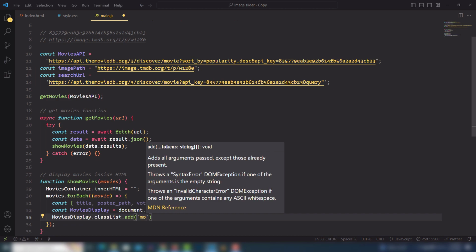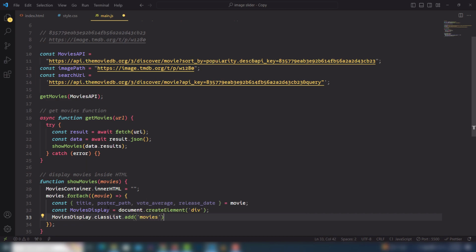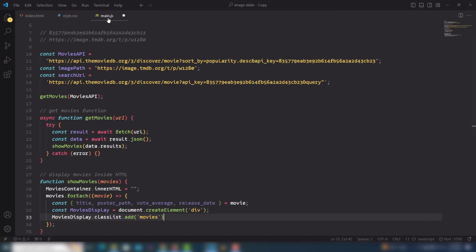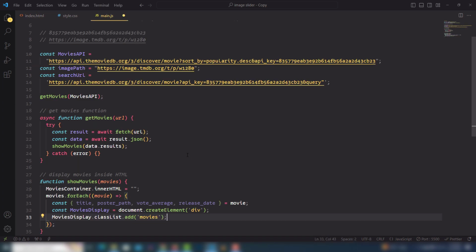Which class? Movies. You need to use the same class that you have assigned there, right? Because it is very important to manage the content using classes in CSS. So I already designed that. Perfect. Then you need to get the